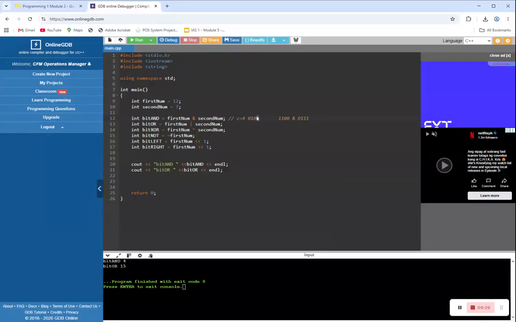Why? The simple rule here is it will only result in 1 if both bits are 1.